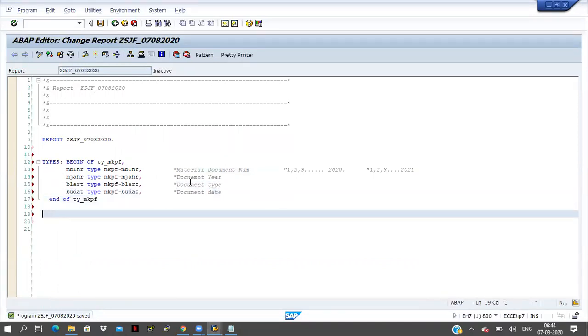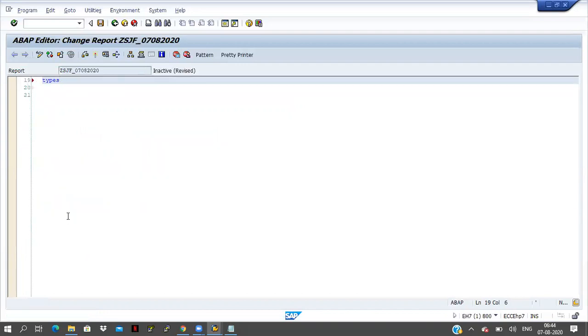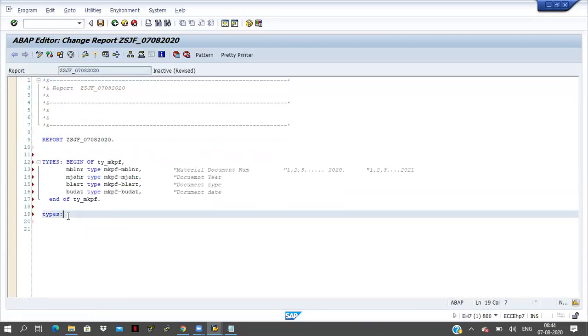Fine. Now I will come to the MSEG table types. Here I am writing types: begin of ty_MSEG.